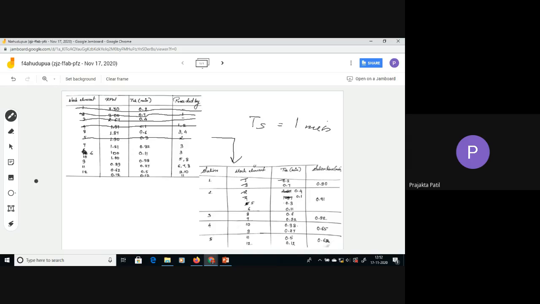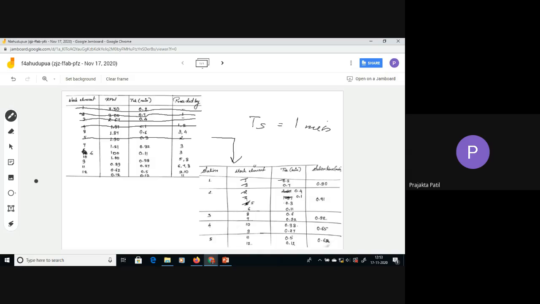Once you allot, you just cancel that particular allocation, that particular line, you just strike it off so that it avoids confusion, and it also helps you in reallocating any of the work elements which you have already assigned. Okay, 5. So the total now is 0.4 plus 0.1 plus 0.3. The sum of this is 0.8.